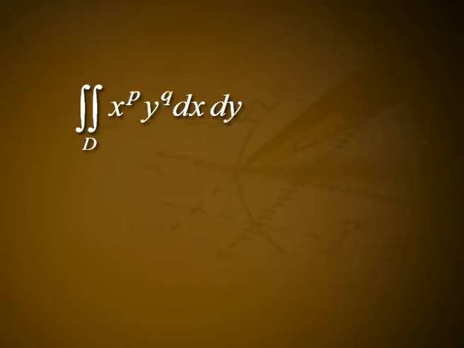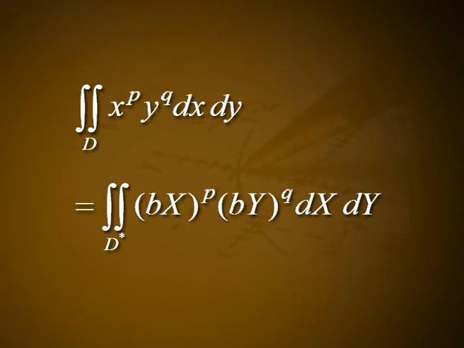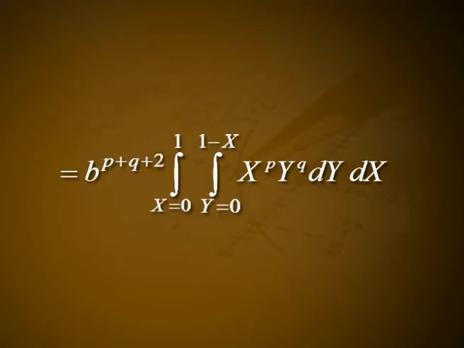Introducing x = X/b, y = Y/b, we have the transformed region D* is the triangular region bounded by x ≥ 0, y ≥ 0, x + y ≤ 1, and the double integral over D of x^p y^q dx dy is equal to the double integral over D* of b x^p b y^q dx dy, which is equal to b^(p+q+2) times the integral from 0 to 1, the integral from 0 to 1−x of x^p y^q dy dx,